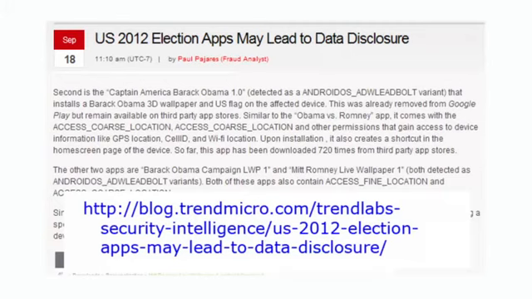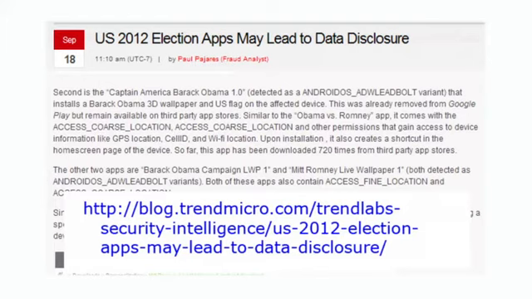And these apps are not only available from third-party app stores, but they're also available from Google Play. Now, Google Play has taken them down at this point, but there are going to be others that pop up until they realize what's what. So there's a second one called Captain America Barack Obama 1.0, and that's a different kind of